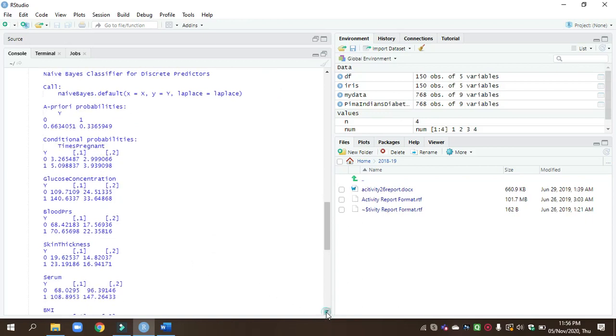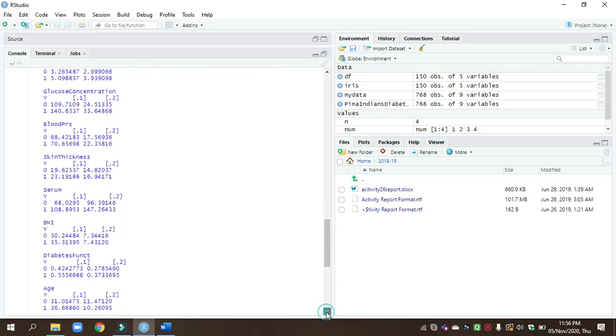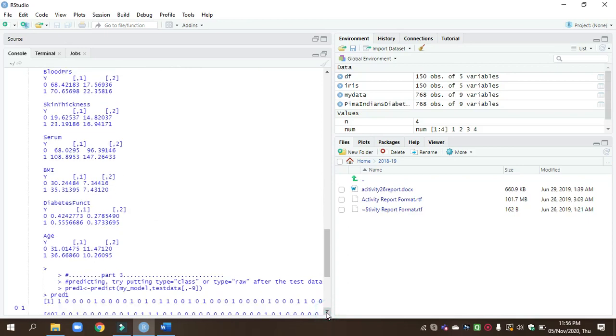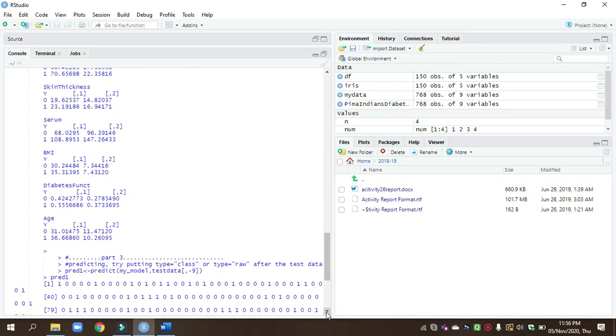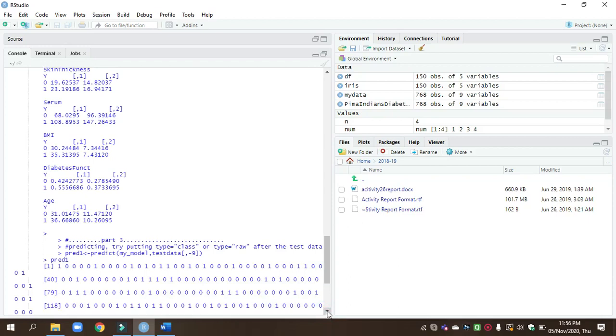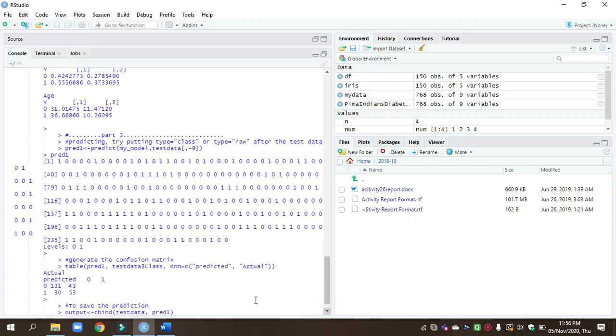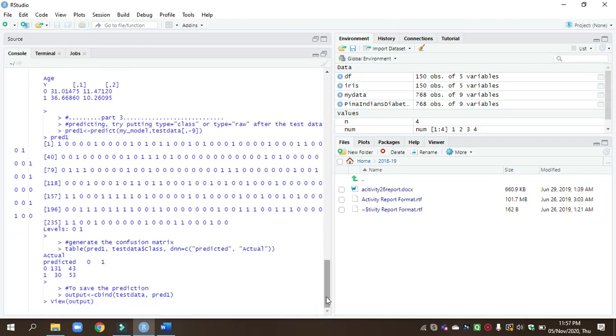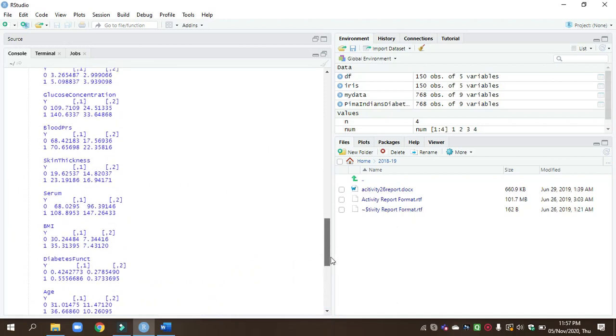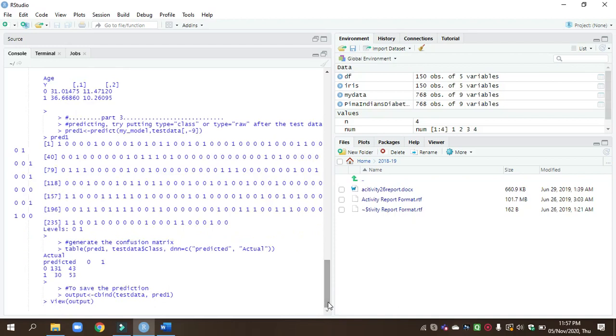And for each and every column it will calculate the conditional probability. And the third part implements the confusion matrix. For the confusion matrix it will calculate the actual values and predicted values. This is the output of assignment number second. Thank you for watching.